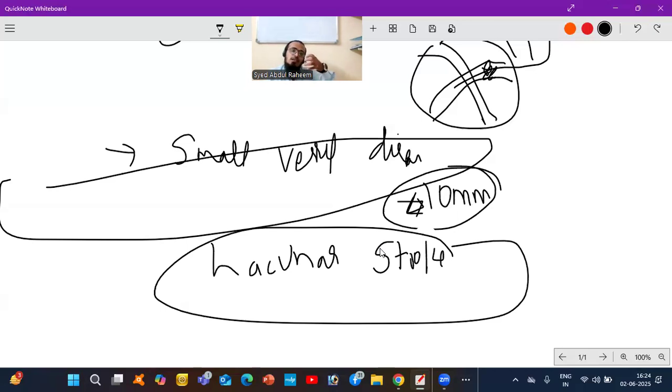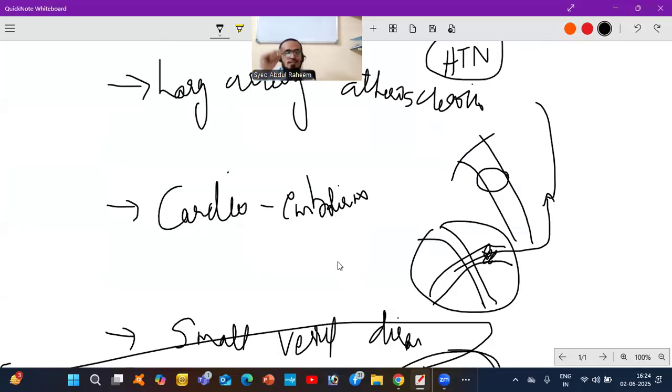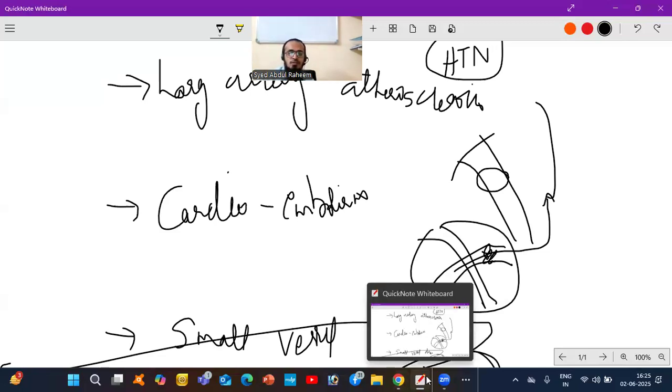So small vessel disease, also known as lacunar stroke, means blockage of arteries, not that much at once, but slowly the plaque is occupying the vessels. It is going to block the small arteries. So this is small vessel ischemic disease. So these are the reasons. Mostly the blockages happen due to excess fat in the body. Next I am going to